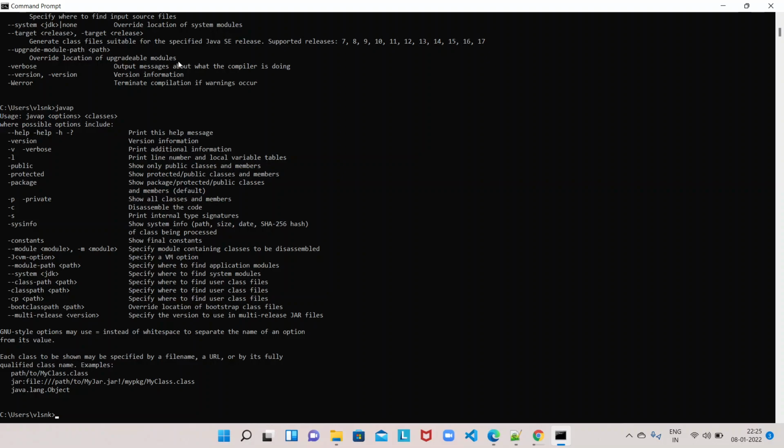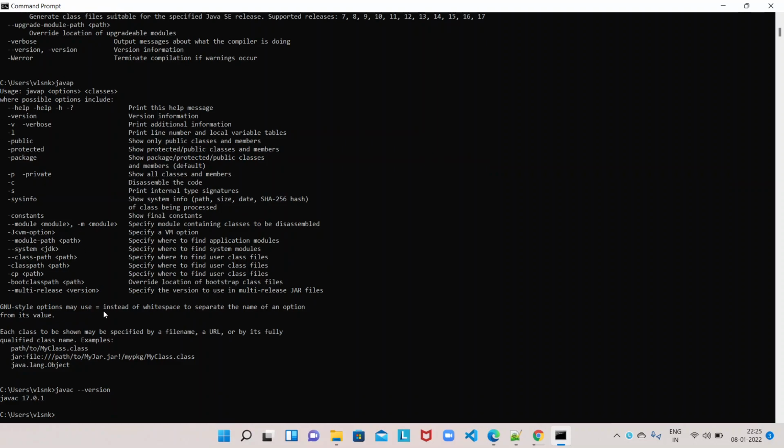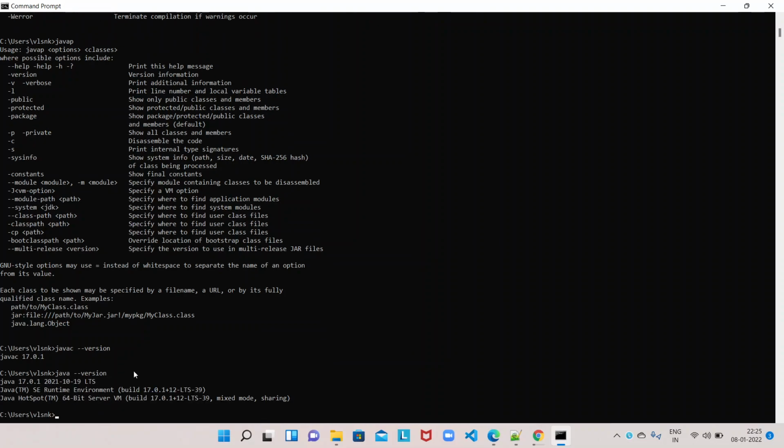Now let us see how we can know the version of the compiler that is installed. Okay, javac -version. The compiler version is 17, javac 17, as we have installed the JDK, right? And we can see java -version. The java command we use to run a program. Javac we use to compile a Java program into bytecode, and to execute that bytecode we use the java command. That java command's version is also mentioned as Java 17.